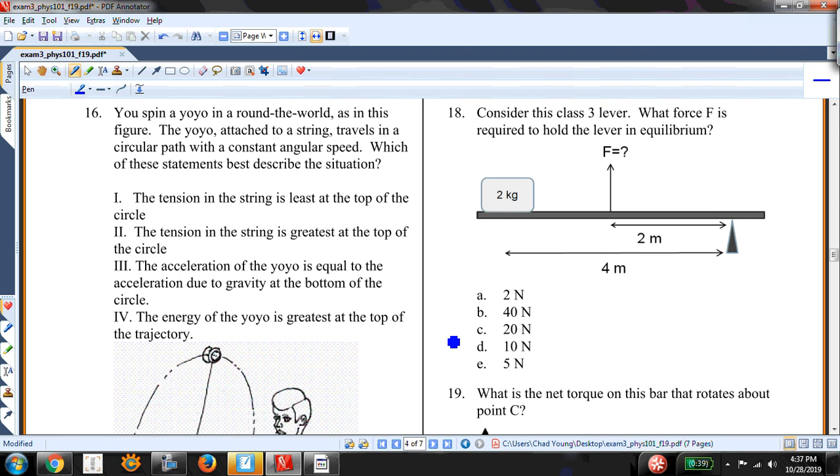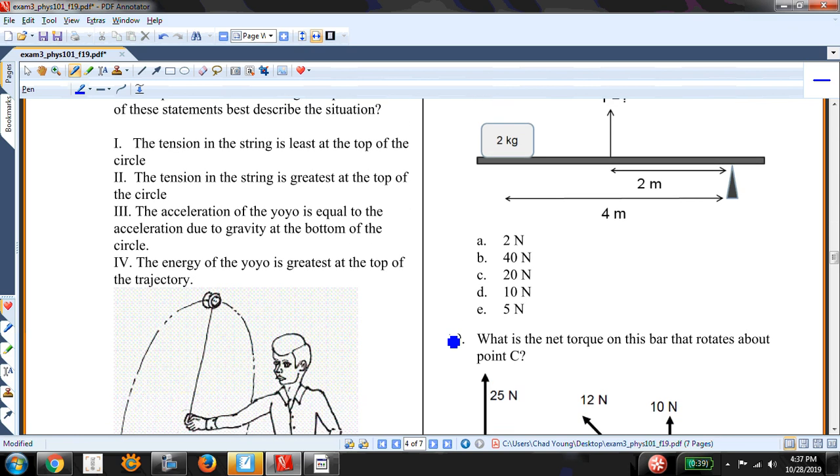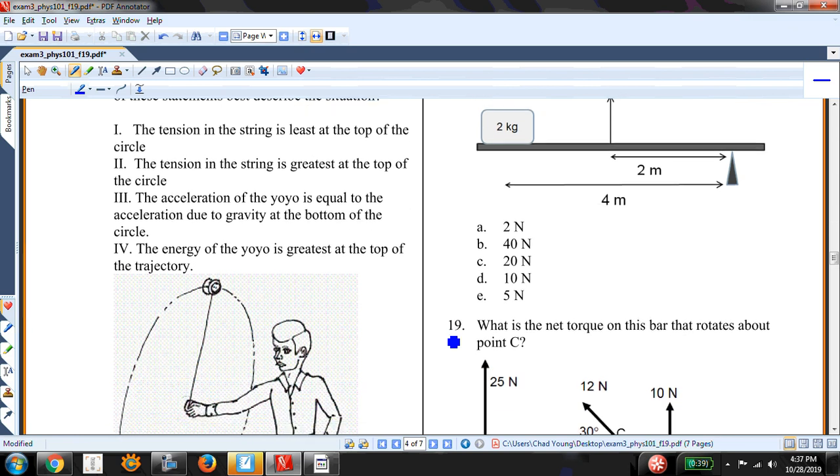You spin a yo-yo around the world, as in this figure. The yo-yo is attached to a string, travels in a circular path with constant angular speed. Which of these statements best describe this situation? Okay, so tension in the string is least at the top of the circle. That's true because I have the tension, I have the weight, or